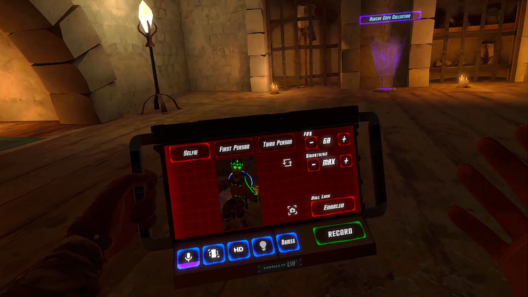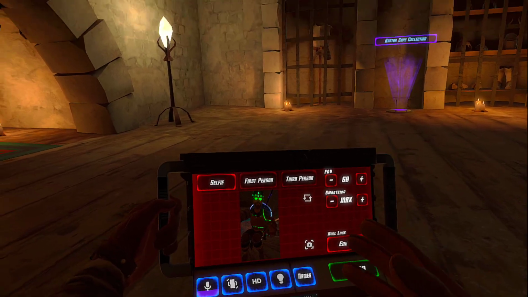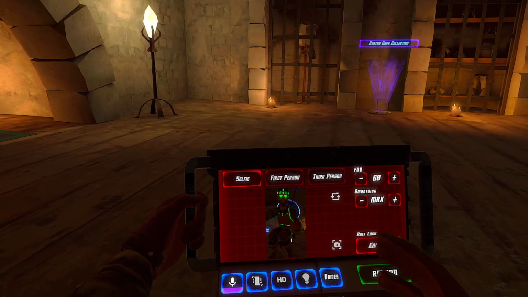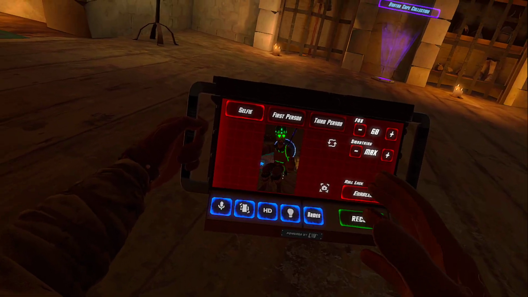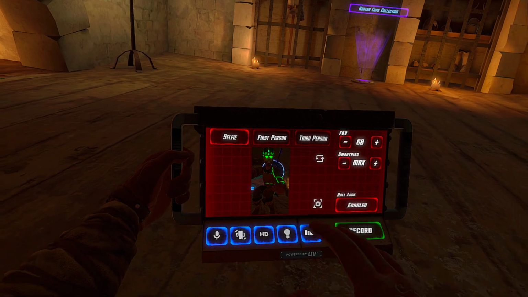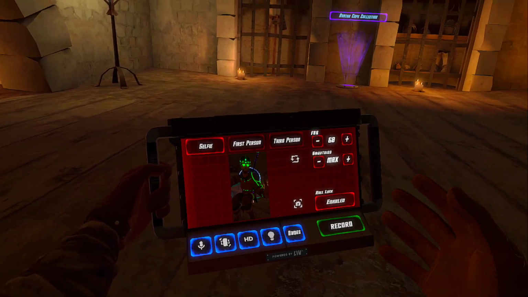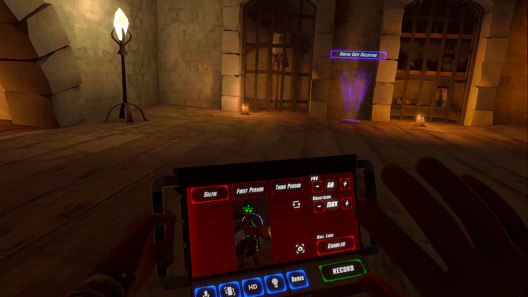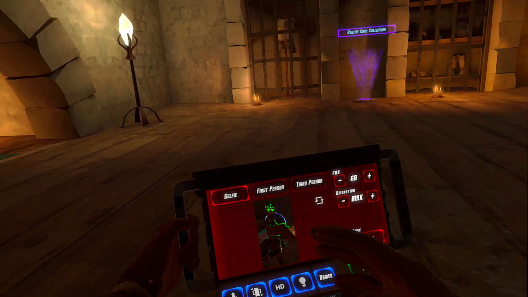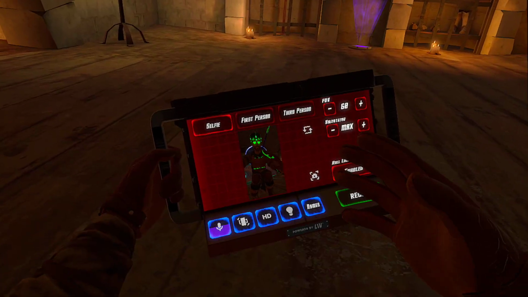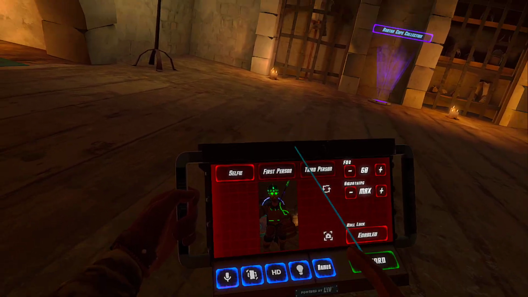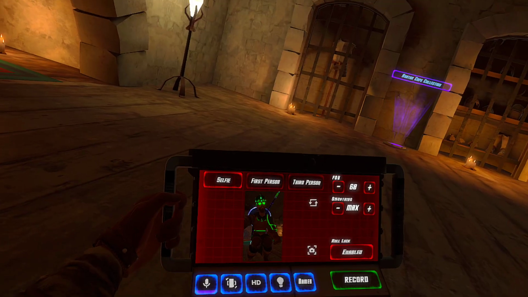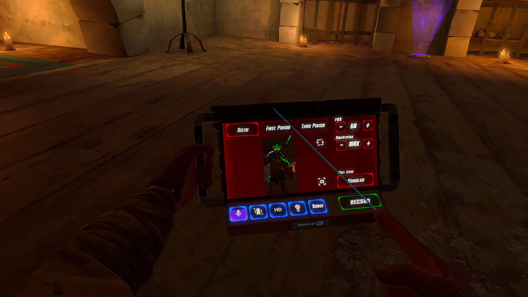At the moment, there's no streaming capability with this, so you do have to record videos, but I believe LIV is working on a streaming feature so that you can just basically get this vision, this recording that you're doing, and just have that on a computer that you can stream, or something else. You might even be able to stream directly from your headset, which would be awesome if you don't need a computer to hook it up with. But yeah, this is what we've got at the moment,